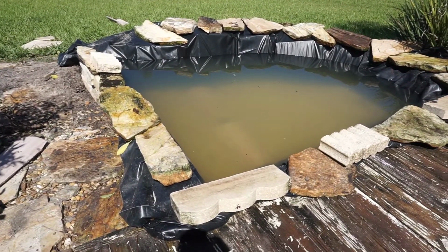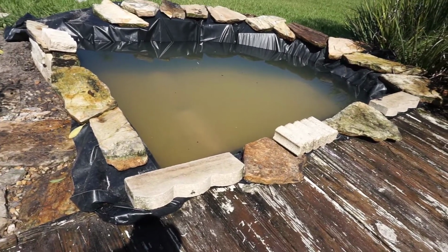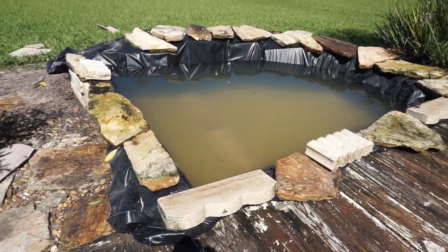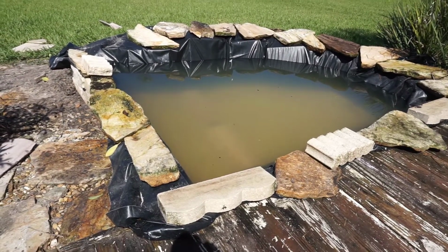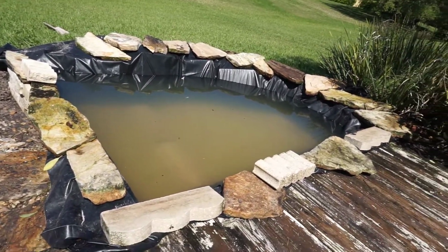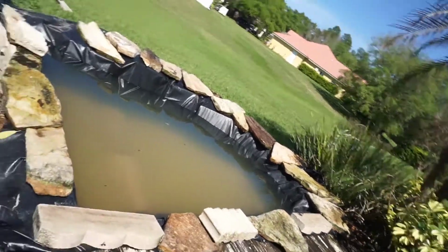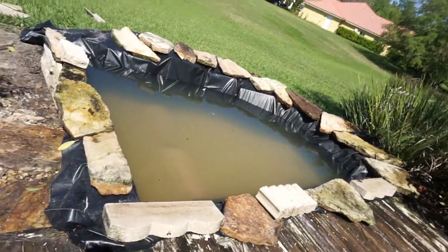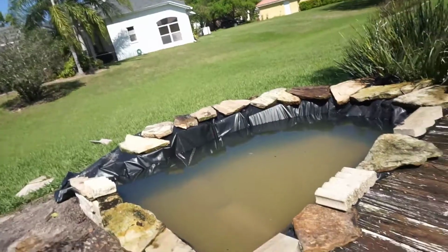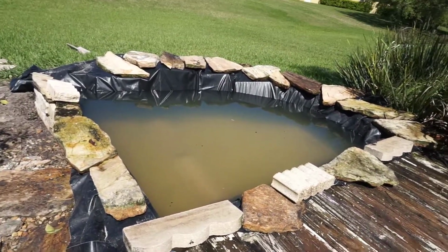If I was to recommend on building a pond, you really have to know what you're getting in for and do your research, because it's a lot more than I thought by just watching Paul Cafaro. Because there are a lot of complications and issues, and you always need to buy more and more things. Because I gotta give Paul credit. I don't know if he just got lucky, but he made it look really, really easy. If you guys don't know who Paul is, he's a YouTuber who kind of blew up for pond building. He's about 17, a little bit older than I am. So yeah, it's hard,